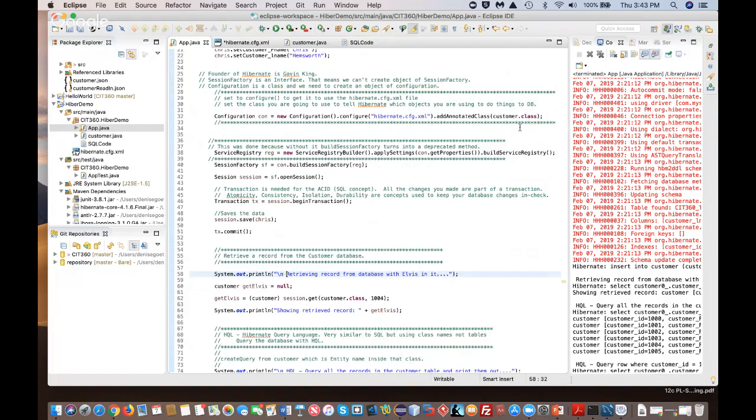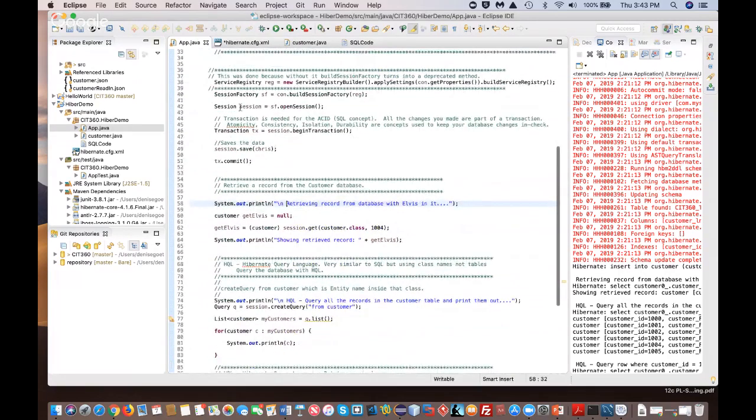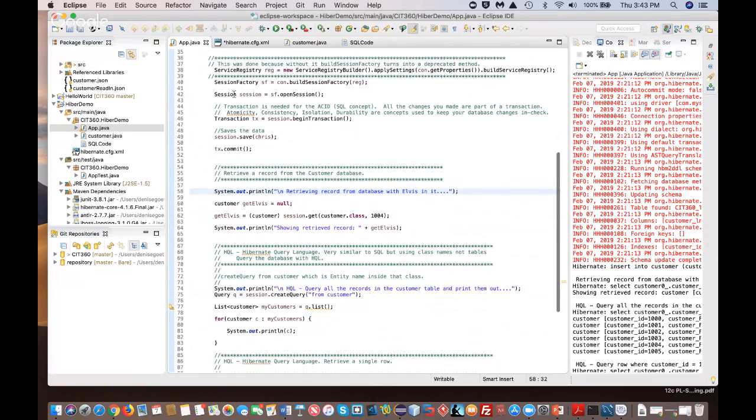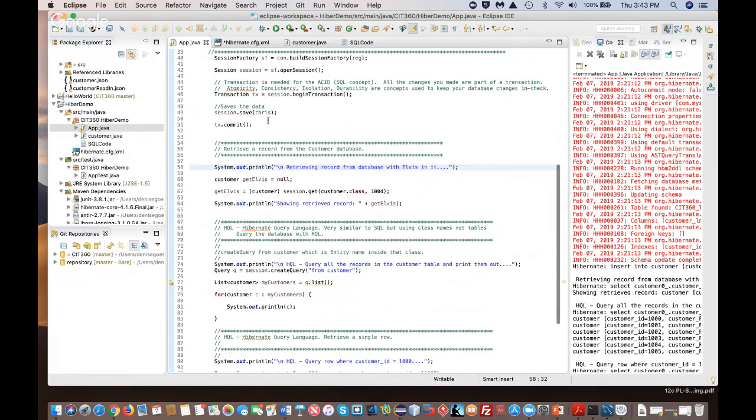And then Hibernate uses some libraries, APIs called SessionFactory. It builds a session factory, and then it builds a particular session. And here's where I'm trying to save Chris. Oh, and then a transaction as well,